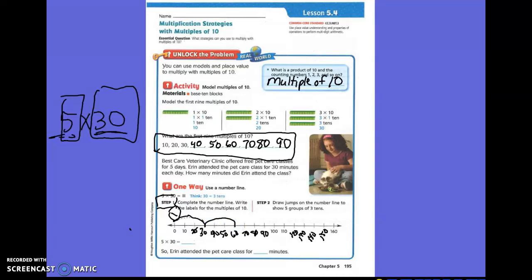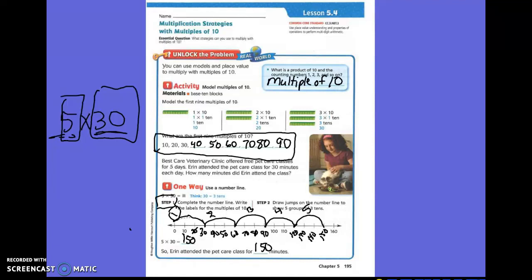What will be our third jump? 60 to 90. What will be our fourth jump? 90 to 120. And what will be our fifth jump? 120 to 150. Okay. So 5 times 30 is how much? 150. So Aaron attended the pet care class for how many minutes? 150